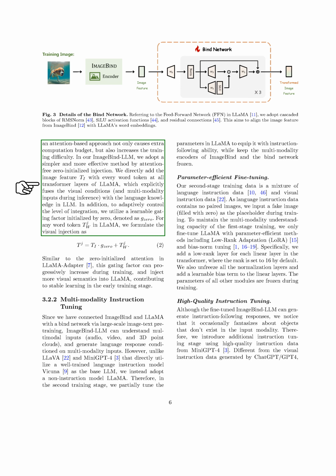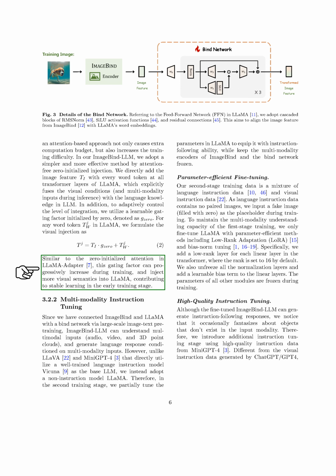In our ImageBind-LLM, we use a simpler and more effective method. We directly add the image feature to every word token at all transformer layers of LLaMA, which fuses the visual conditions with the language knowledge in the LLM. We also use a learnable gating factor initialized by 0 to control the level of integration. This gating factor can gradually increase during training, injecting more visual semantics into LLaMA and contributing to stable learning in